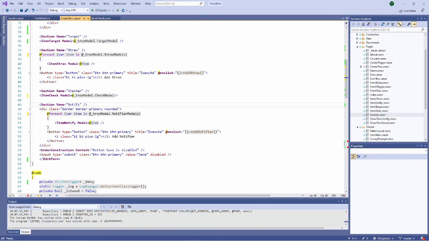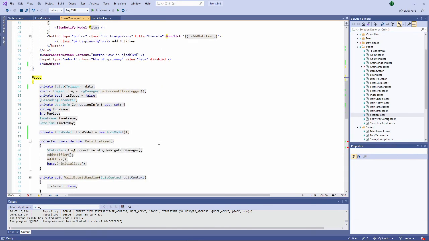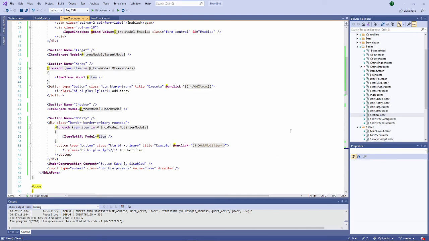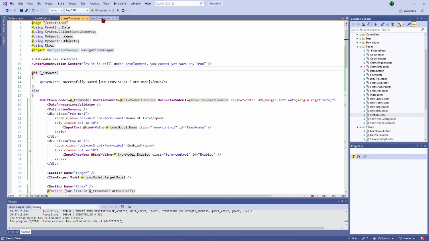And here there are only two reds. The two reds are for the notifier models that I access like this. Good. So now I have changed where the models are located.